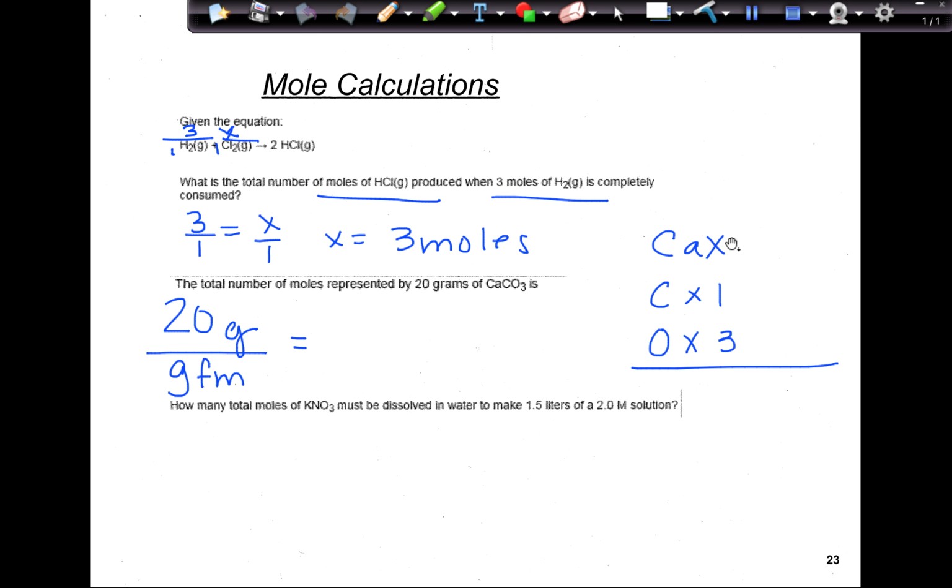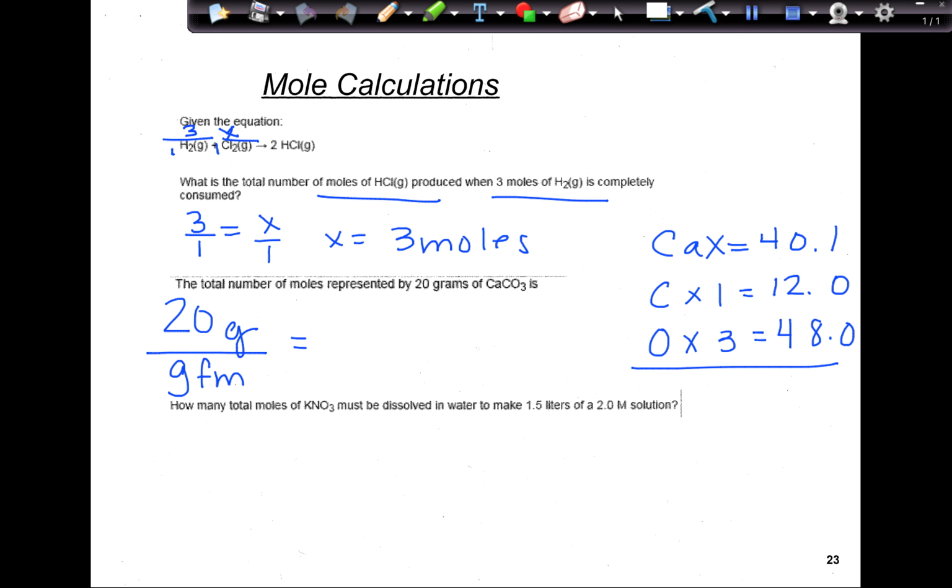And on the periodic table, calcium has a mass of 40.08. In my class, we said we were always going to round to the 10th before we add. Carbon has a mass of 12.0. And oxygen, which we have to then multiply by 3, 16.0 times 3 gives us 48.0,